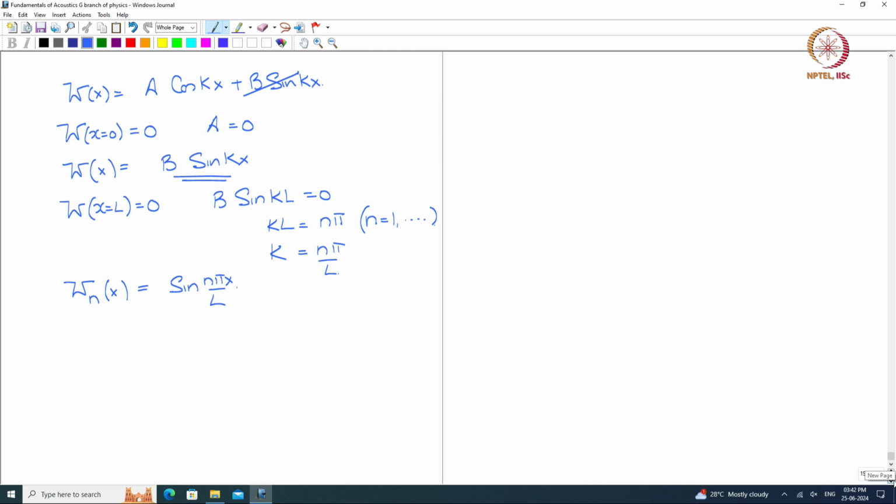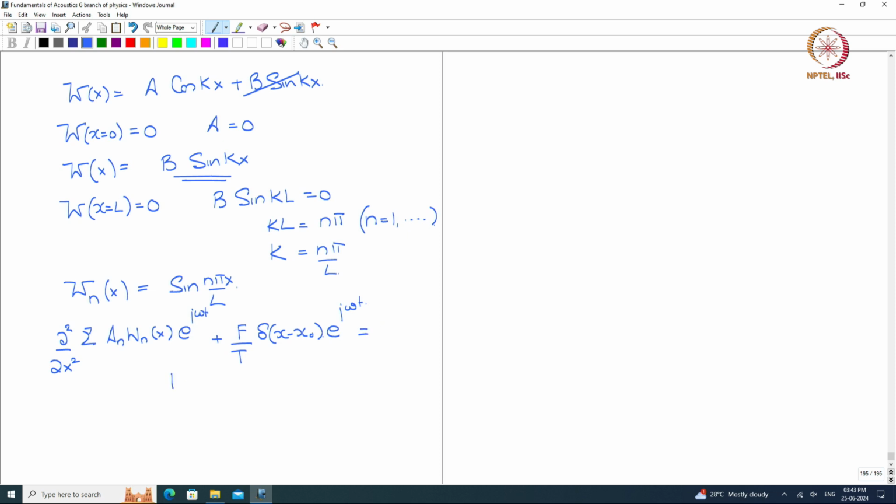So if we do that, what we have is del 2 del x square of the summation a n w n of x e to the power of j omega t, plus f by T delta x minus x 0 e to the power of j omega t is equal to